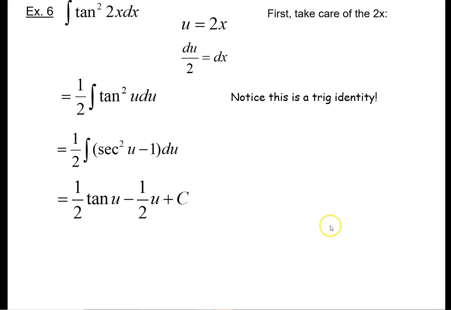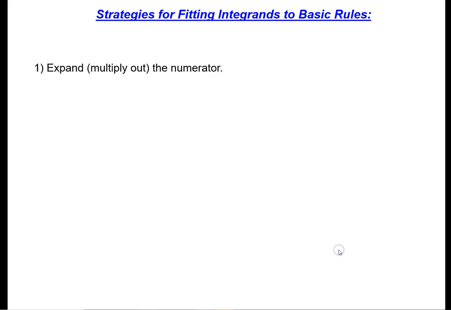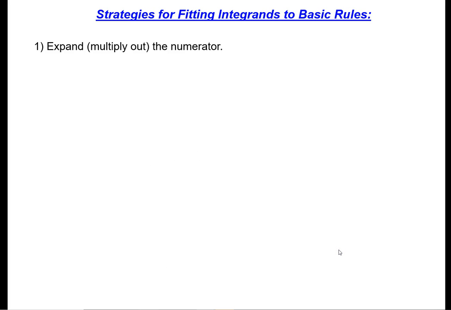They both take the 1/2. Go back and make your substitution for u. U was 2x. Notice this u, if we replace it with 2x, the 2 in the denominator cancels and just leaves us with x. So here are some general strategies you want to look for as we go throughout